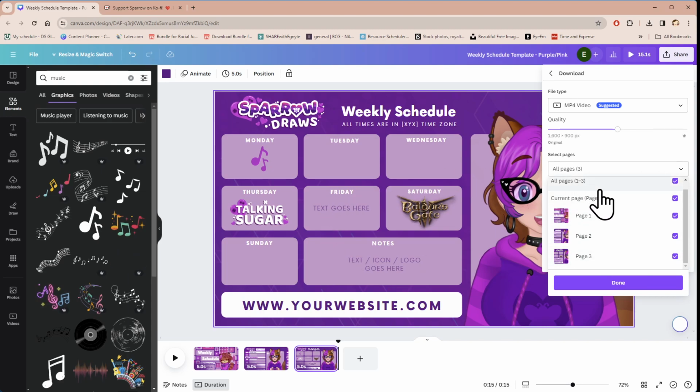Right now it's set up to download all pages in one video, but say if you only want, I only want page 3, I only want this one right here. So you have to unclick the other pages and make sure you only have page 3 selected, and that's the one that will download. Or if you want to instead download these as static images, flat images with no animation,